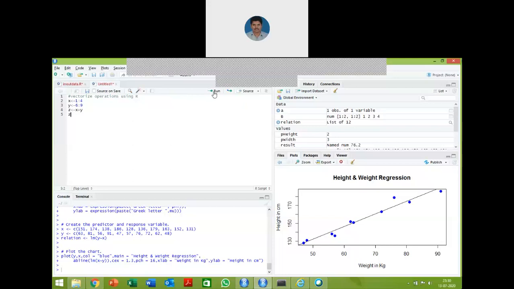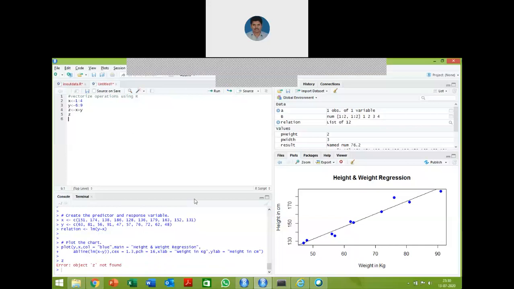I can simply click the run button. So what output are you getting? Object z is not found. Object z is not found. But we created z here.